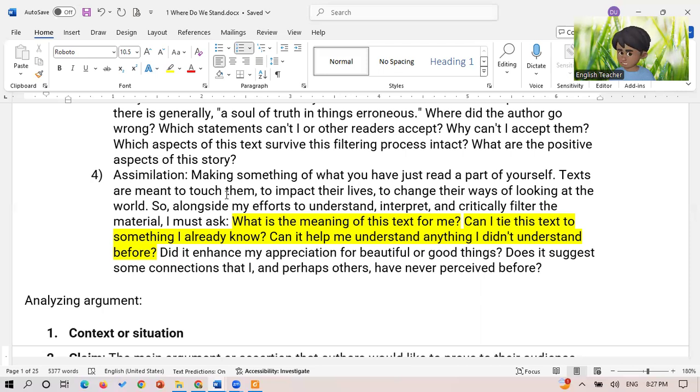Is there something which I could not understand before reading her essay and now I understand better, right? Did reading Lisa Davis' essay help me appreciate some ideas better? Does Lisa Davis' essay suggest some connections between different cultures which I was not aware of before I read her essay? Now, assimilation is